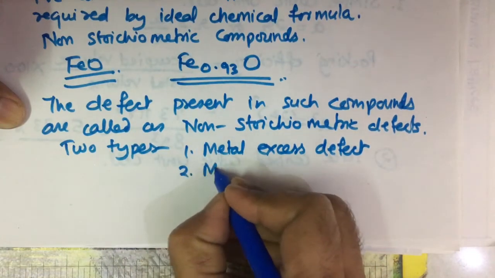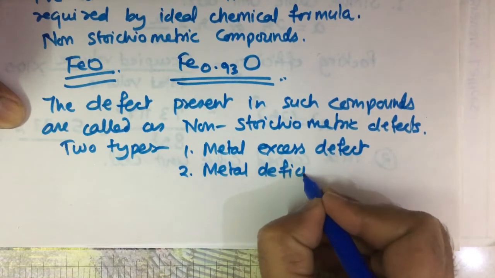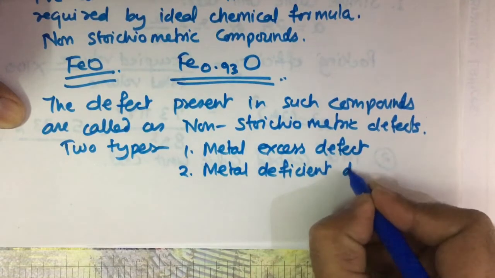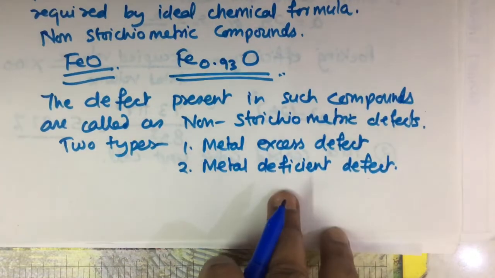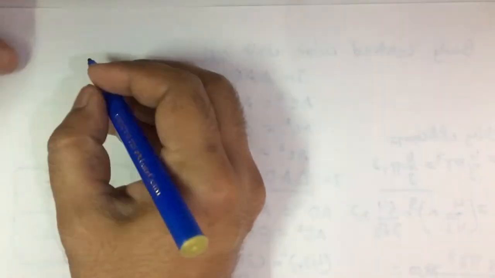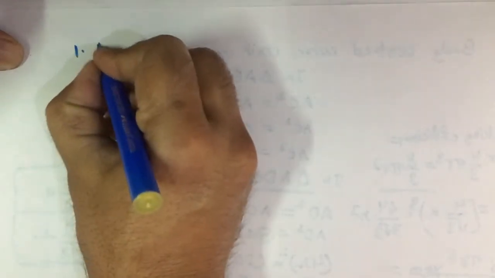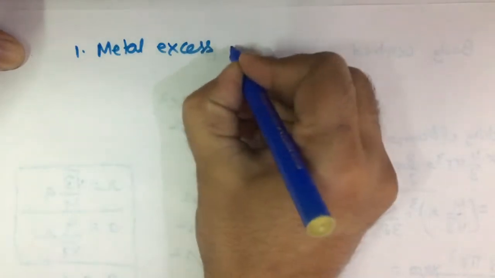Second is the metal deficient defect. We will study each of these defects one by one. So we will start with the metal excess defect. First is metal excess